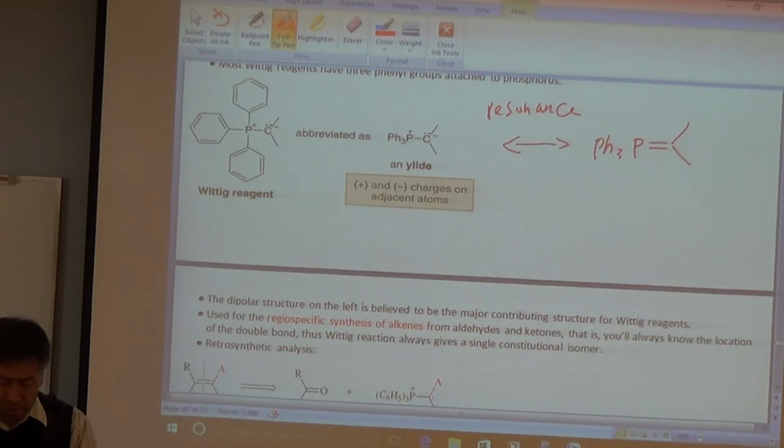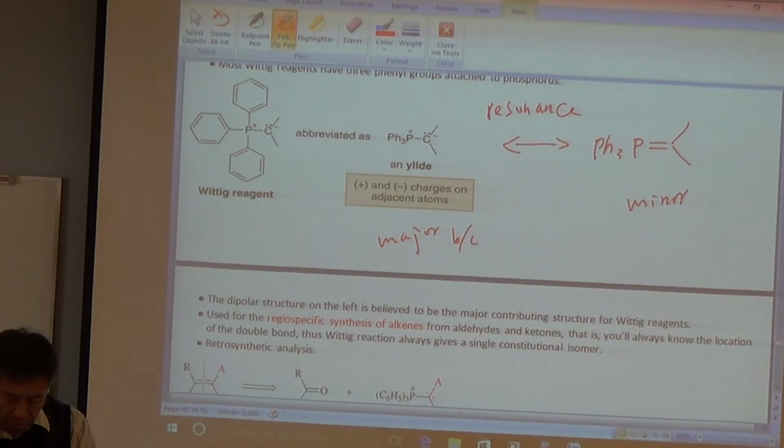Now in this resonance structure, this will be minor. So this one will be the major